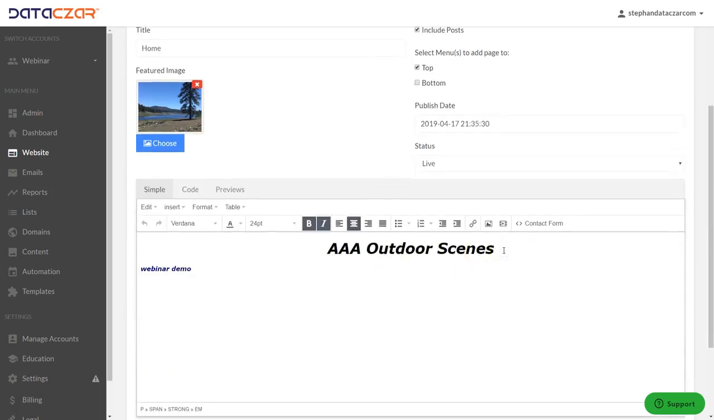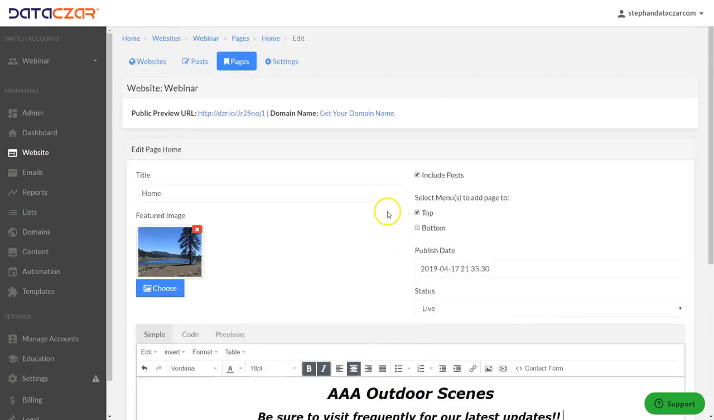And then we're going to add some text down here. And we're going to go from 24 point to 18 point. And be sure to visit frequently for our latest updates. Okay, so we went ahead and we edited this page here, and let's go ahead and